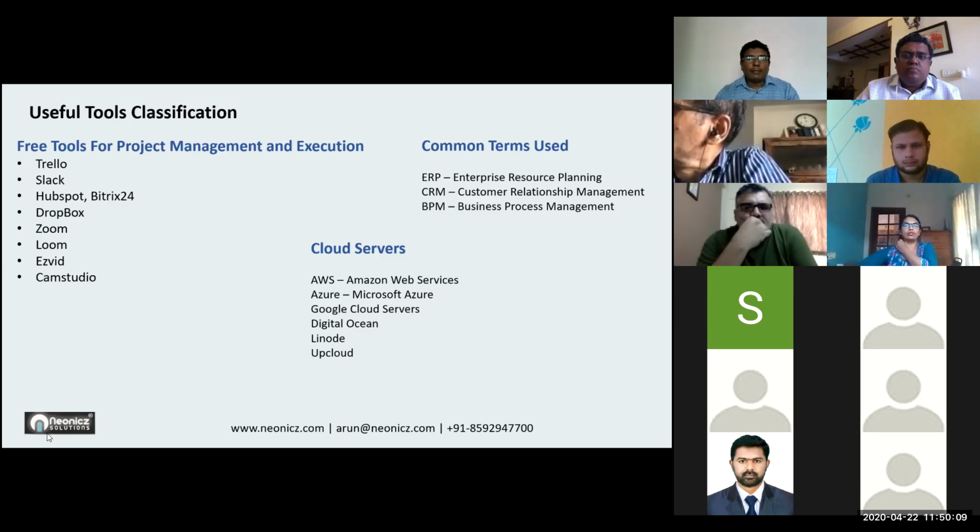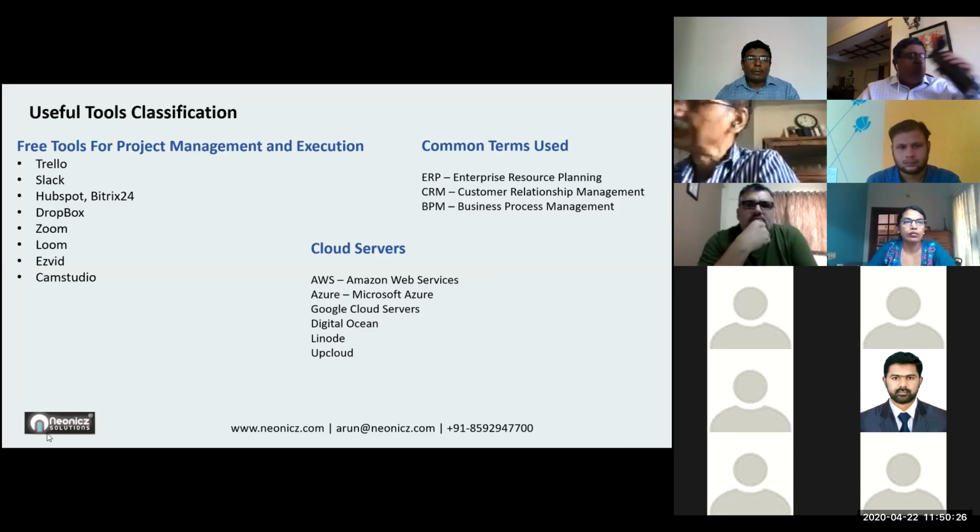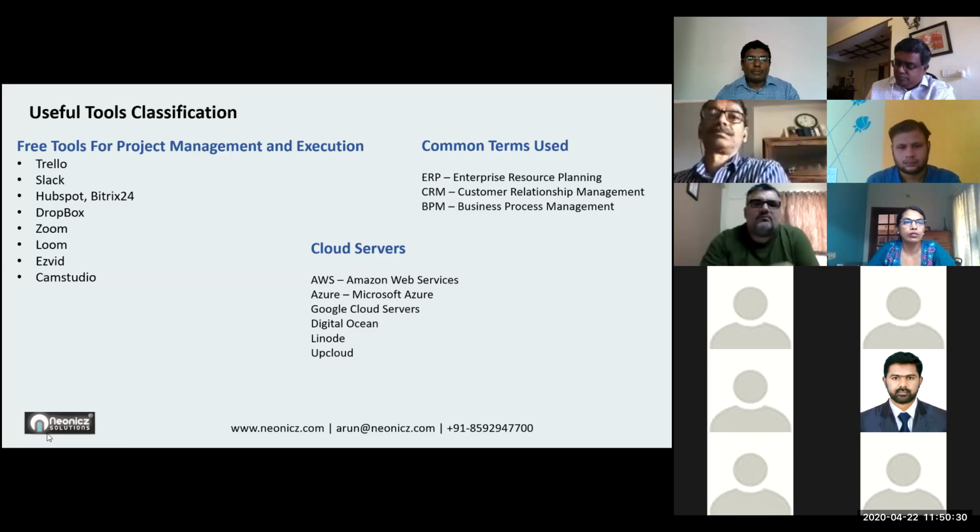They are CRM tools that mostly help in the sales life cycle. You will have a sales life cycle, like prospecting a client, following up, arranging meetings, follow-up calls and meetings, and all those things will be recorded in tools like HubSpot and Bitrix24. Those are tools which are freely available in the market.